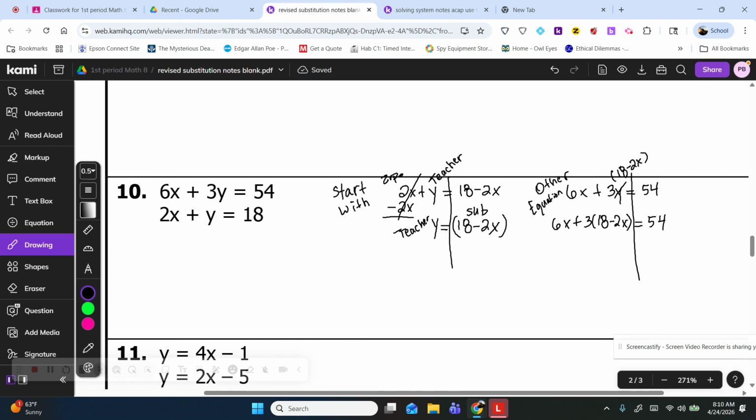Okay. Distributive property: 6x, 3 times 18, guys, 54. 3 times negative 2x equals, yeah, combine like terms. So you're going to combine the 6x and the negative 6x, but they make a 0 pair. You're just left with 54 equals